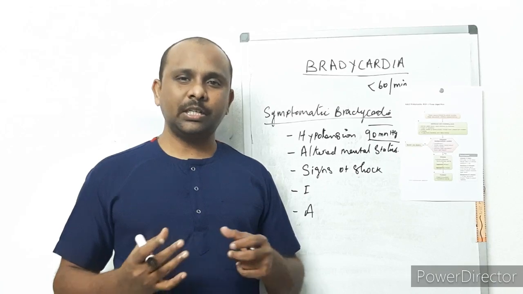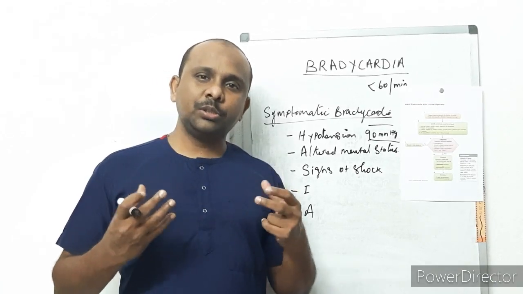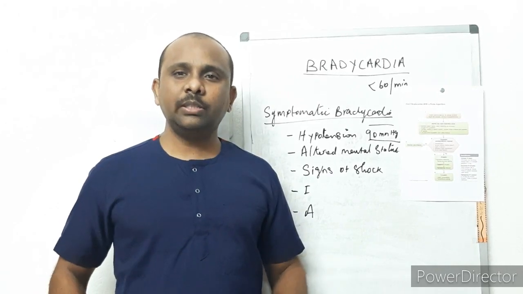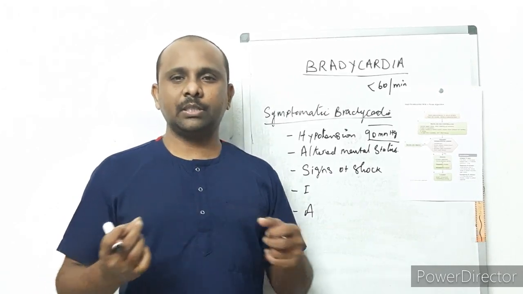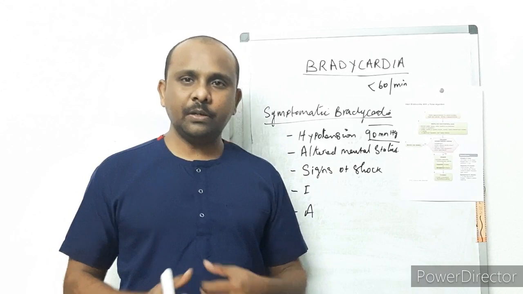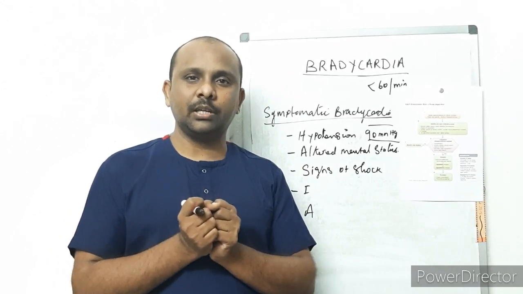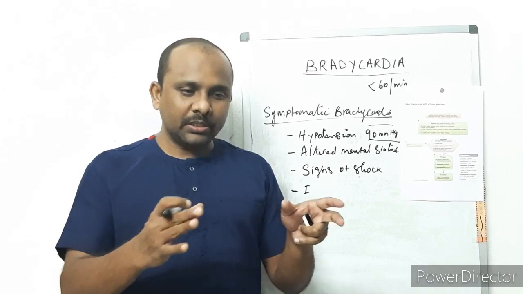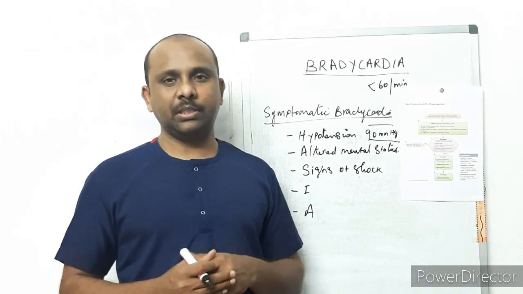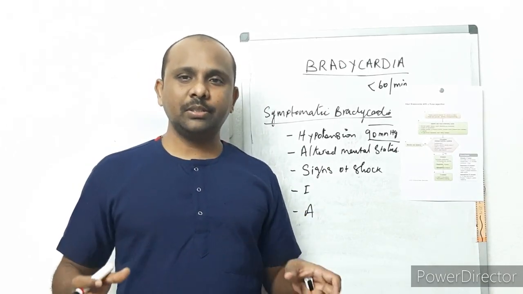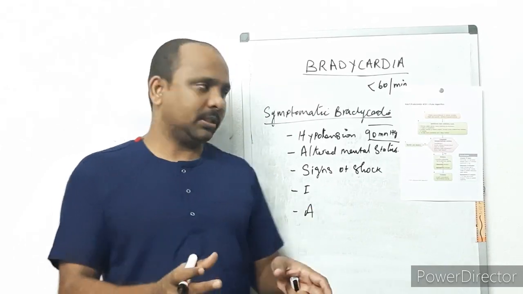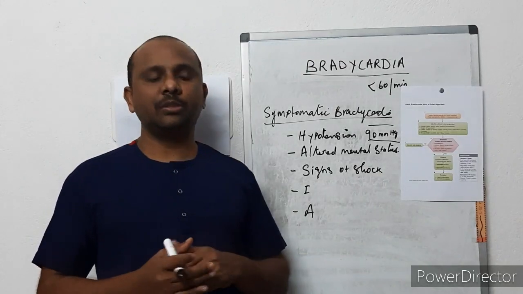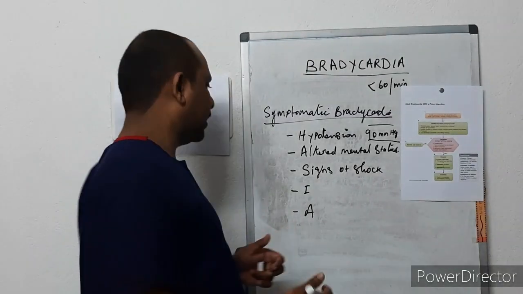Our body will tend to maintain the blood circulation to the vital organs like the coronaries and brain. So the cutaneous vessels and other peripheral vessels get constricted, and all the blood will shunt into the central circulation. You will see that response in the patient, right? That is known as the signs of shock, with cold, clammy extremities.